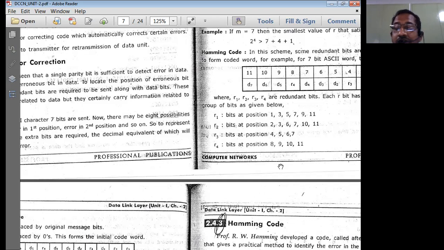Now this logic, you should remember the logic. If you don't know the logic, then you get stuck while writing the bit positions for R1, R2, R3, R4. That means I want to find out R1 at the receiver, R2 at the receiver, R3 at the receiver, R4 at the receiver. So how will the receiver find out? The receiver will find out based on this particular logic. So you should remember this logic. If your logic is remembered, you are done. Fantastic. If it is not remembered, then the problem comes into the picture.